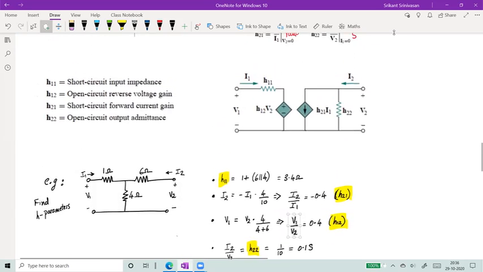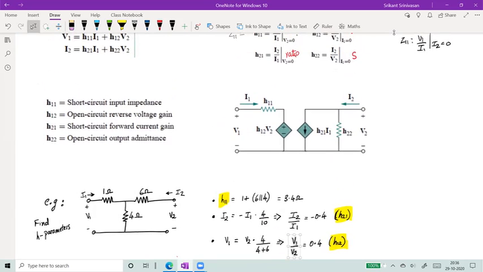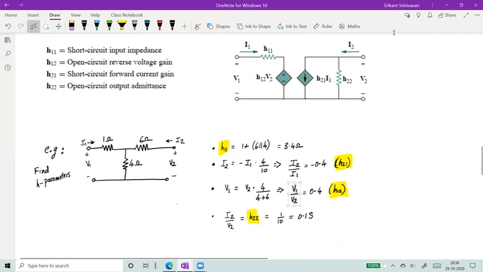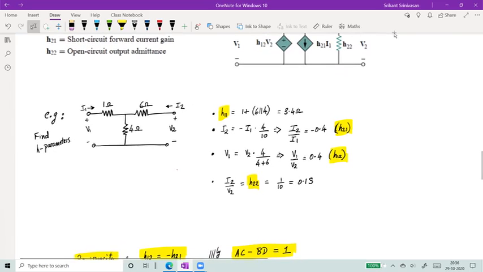And there is a special condition also. H12 is the reverse voltage gain, and H21 is the short circuit forward current gain. So what you can do from these two expressions is, if I were to say that I2 by I1 into V1 by V2 should be equal to